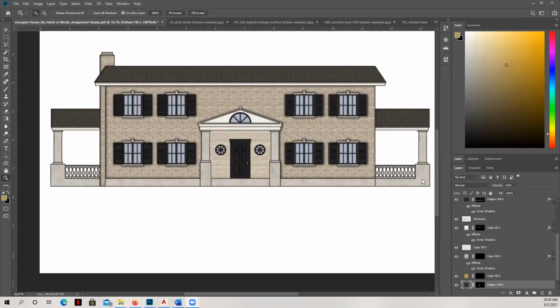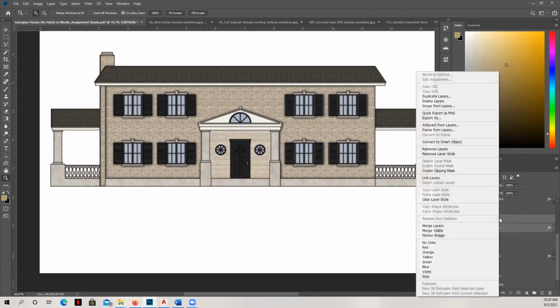Okay, so a couple of things I want to draw your attention to now. You can see that I duplicated all of my patterns on my windows. Basically, I grabbed all of the layers that were related to that window, and you can right click and say merge layers.